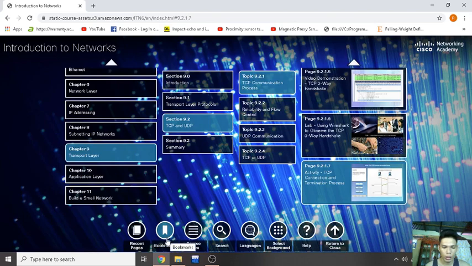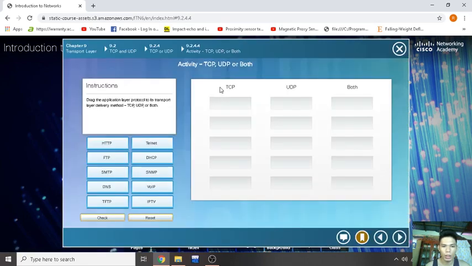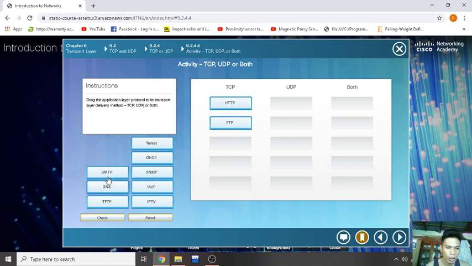Now we'll proceed to the last activity of Chapter 9. We will analyze whether it is TCP, UDP, or both. Instructions: drag each application layer protocol to its transport layer delivery method: TCP, UDP, or both. First we analyze which belong to TCP. We have HTTP, second is FTP, then SMTP, and Telnet. And UDP has